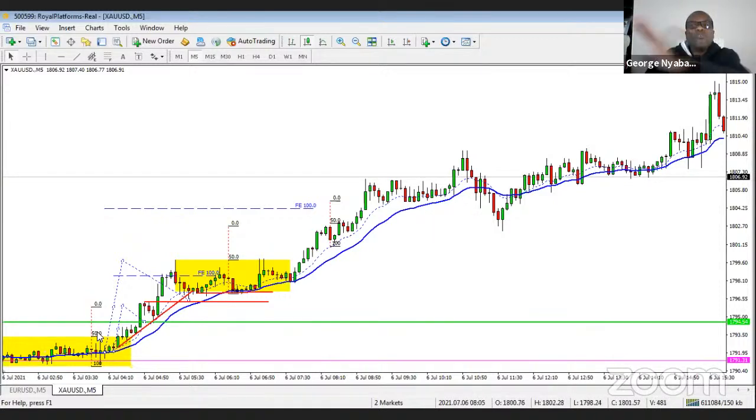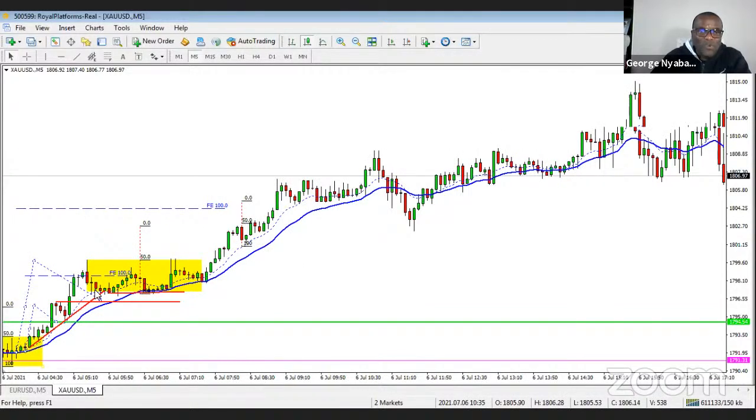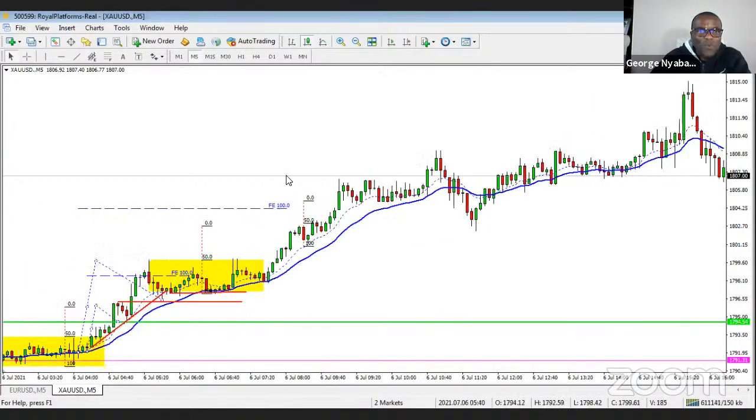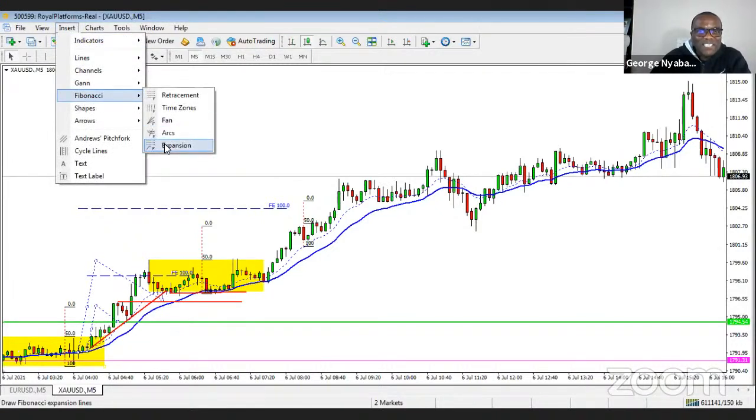Could this whole move, that had 2 legs, could this all be one move, and you're going to get a huge prolonged pullback to the EMA, and then a second leg? Now you're starting to think of nested patterns within patterns, because you're trying to find ways to stay in the market, to stay bullish. So you can say to yourself, possibly all of this could just be one move. Let's think like that and see what it shows us.